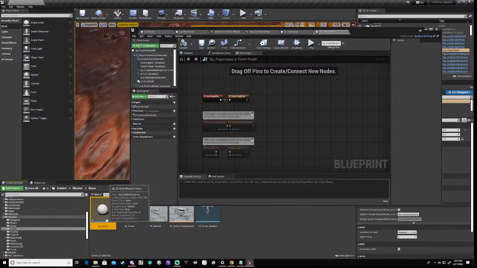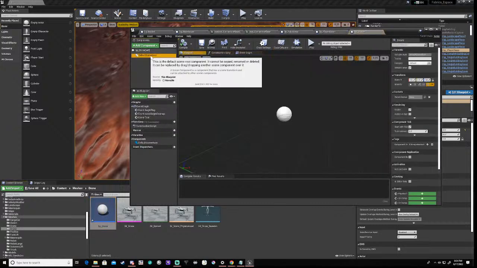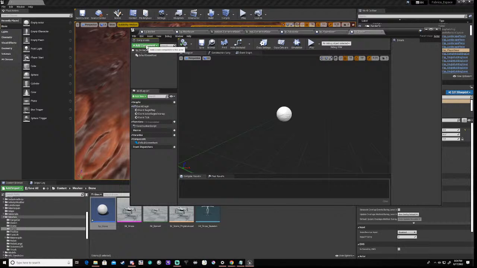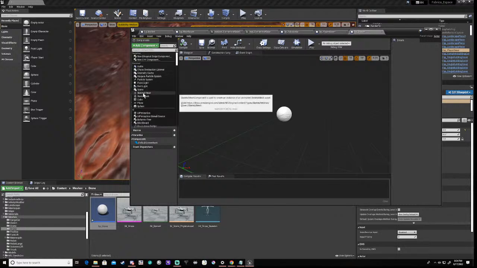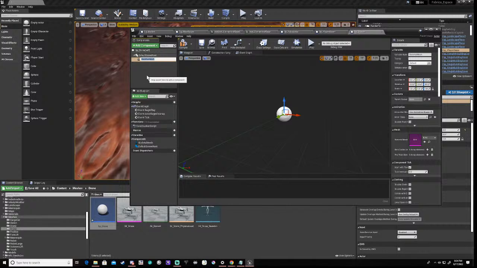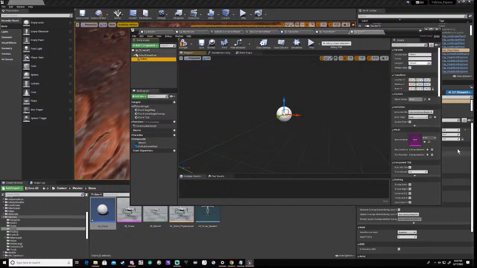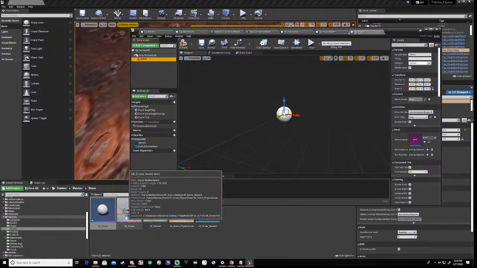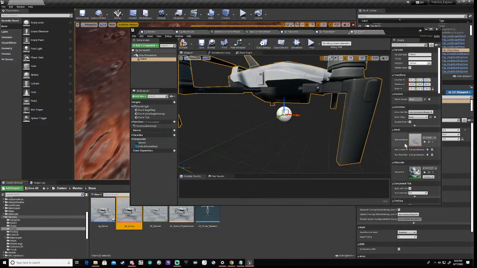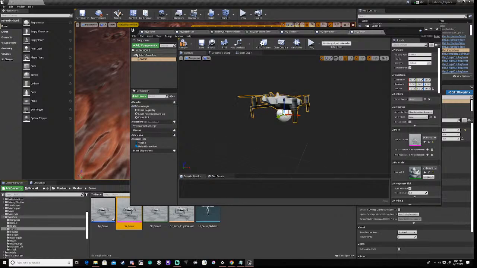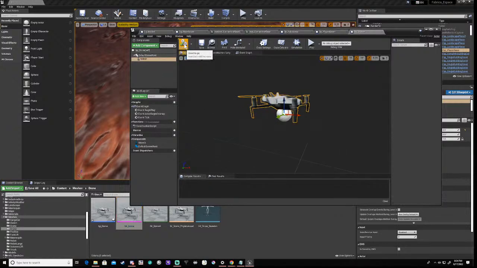So we're going to create the drone, and we're going to add a component which is going to be skeletal mesh. Then we'll call this S mesh. Okay, and the S mesh is going to be our skeletal mesh, and that's all cool. Save that,